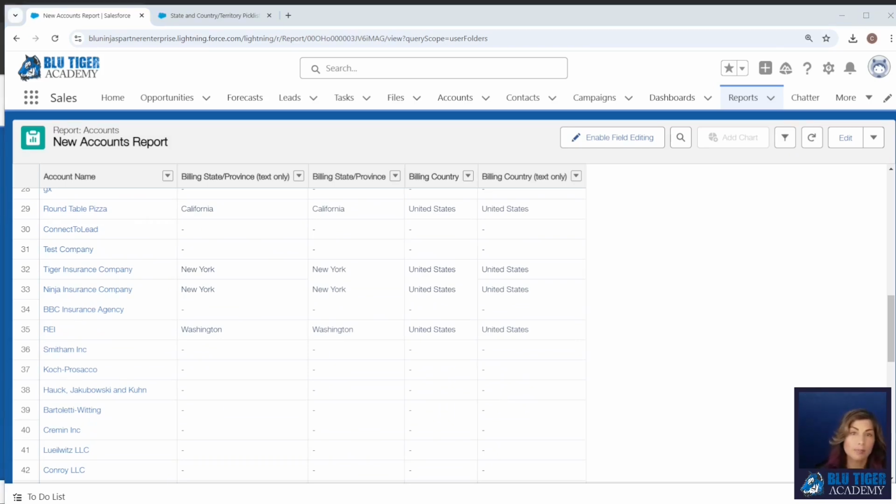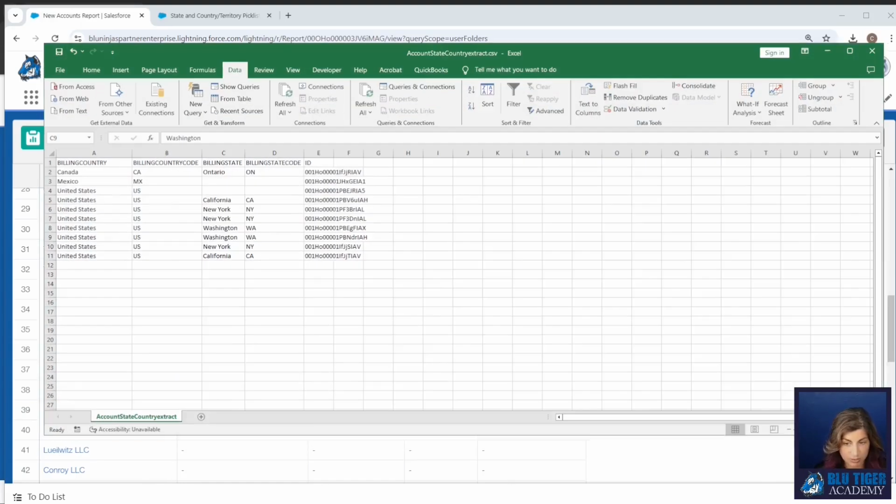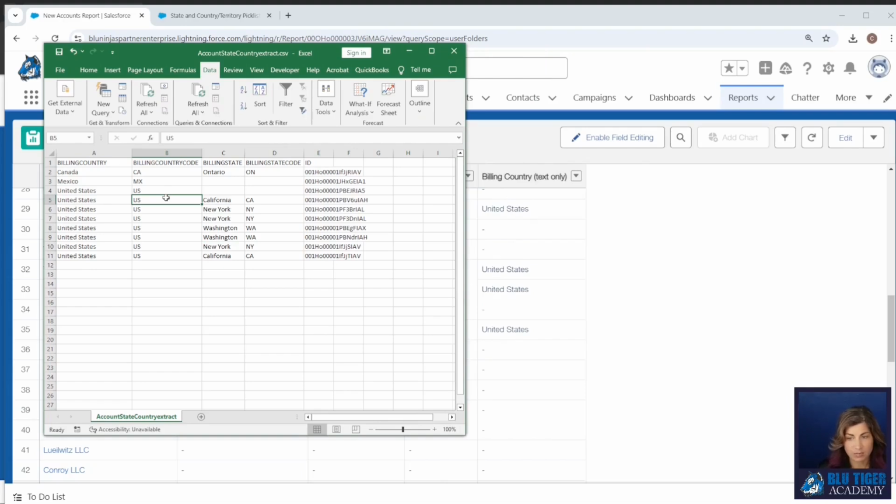Now I just want to cover a couple of other things that you may run into. This feature is all about knowing how to handle the issues that you run into. Now, if you're running an update to account records, and let's say you're setting the country and the state, you cannot use the billing country field and then use the state code field when you're running an update via Data Loader. You have to either use both the state code and the country code fields, so you have to use the 2-letter abbreviation fields, or both of them have to be the full name spelled out. You cannot mix those up. So make sure you keep that in mind when you're updating any integrations or running your mass updates via the